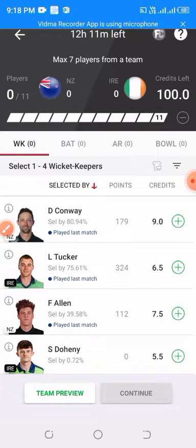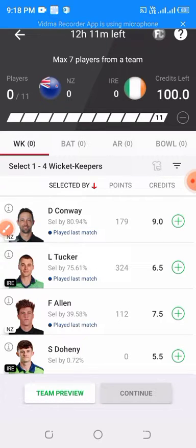Let's start with the wicketkeeper category. The other thing to be discussed is that this match is going to be played at Adelaide Oval, where the pitch favors the batters and pacers.